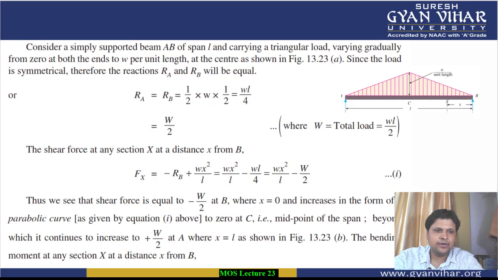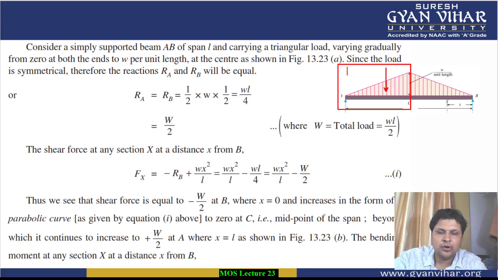so here the support reaction will be how much? We all know how we calculate the value of a triangular load. It will be considered as a point load, acting at its center of gravity. So what will be the value of the point load? It will be equal to, on one side the load is 0, plus on the other side the load is W, bracket closed. This is the formula we all know.